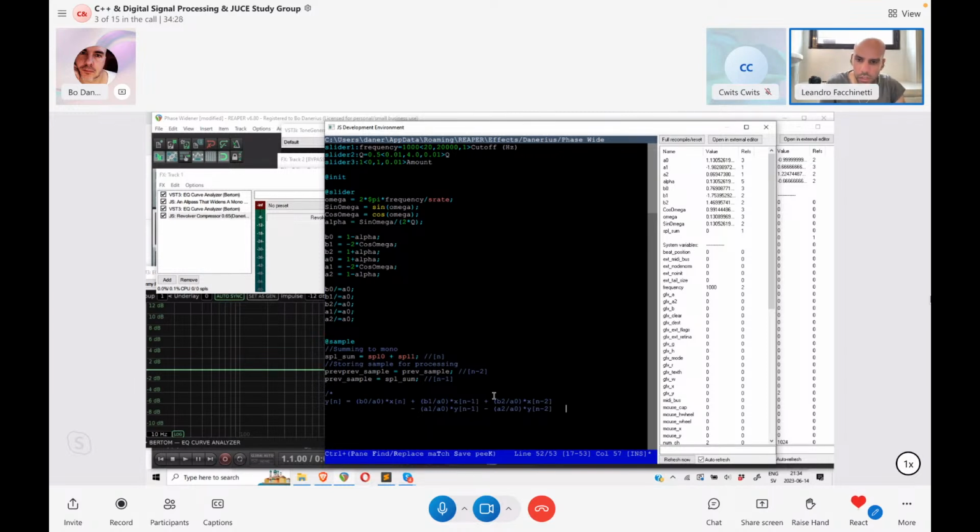So let's start converting this formula into JS Effects. Instead of Y of n, you may use Y underscore n, or you may use output, or filtered SPL sum. You come up with a variable name. Output sounds fine. Okay, that is equal to, and in the formula we see B0 divided by A0, but we have already divided B0 by A0 in the slider section, so we may just use B0 as it is. B0